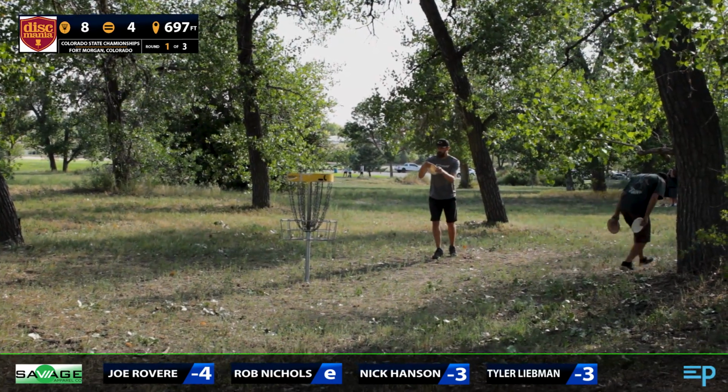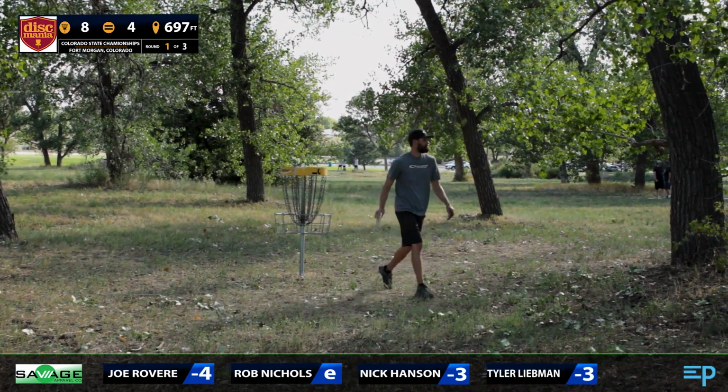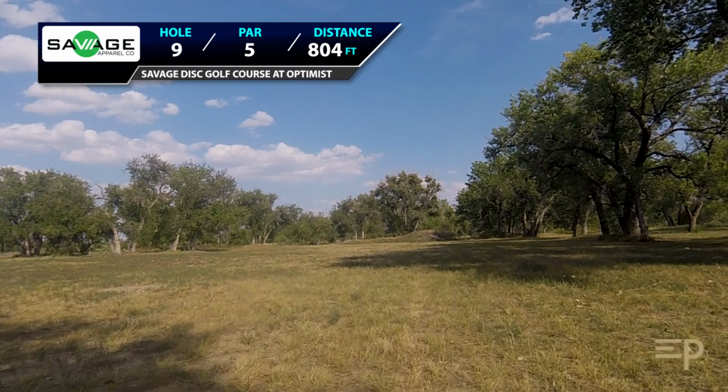for their pars, which isn't bad on this hole. I mean, it's a tough hole, so. Oh, we've got a close race, too, coming into hole 9. It's looking like a real solid round. I mean, really only Rob just needs to get some things rolling, and hole 9 is a great place to